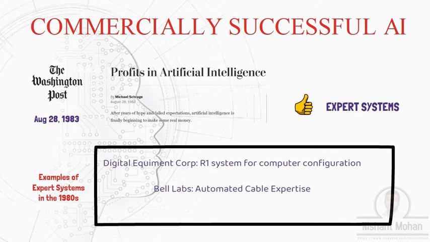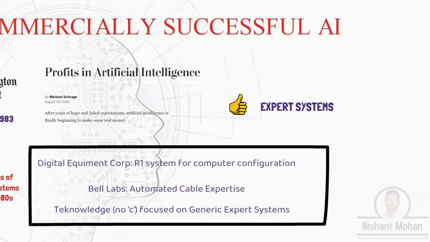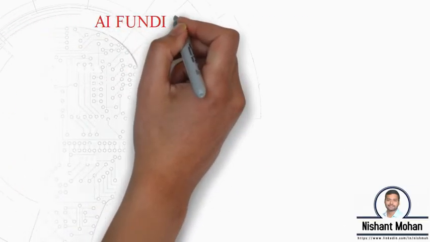The Holy Grail was considered to be truly generic expert systems that could be applied from one industry to another. A company called Teknowledge, a spin-off startup from Stanford University in the early 80s, claimed to have the best approach towards a generic expert system. It was generating millions of dollars with customers like Boeing in its portfolio. The list went on.